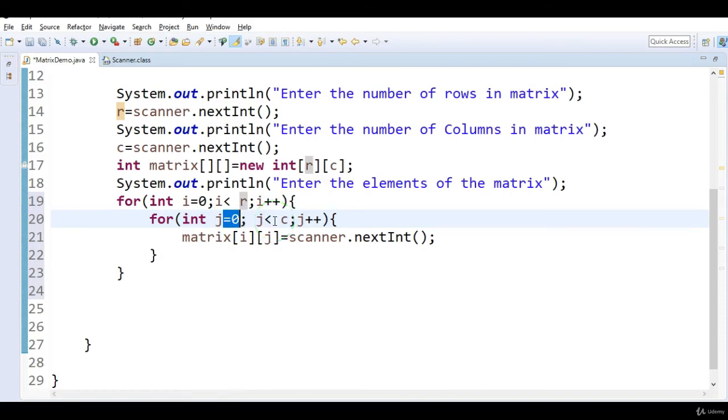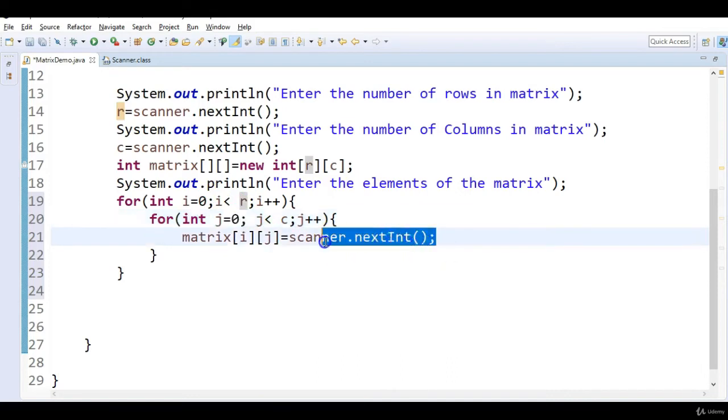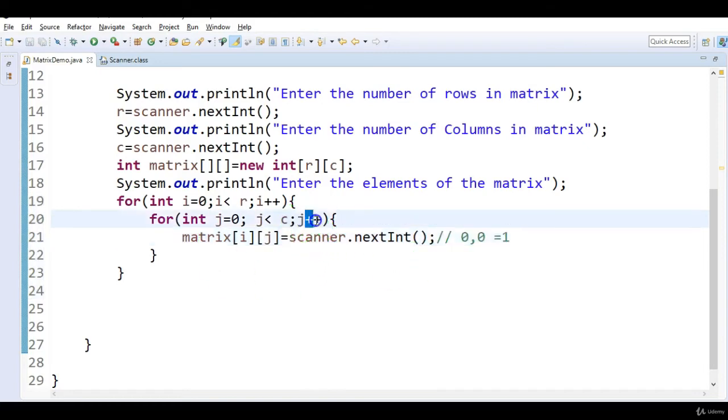Is it true? Correct. So now whatever value we are reading from the command line, we are storing at the 0,0 position. For the first iteration, at the 0,0 element, we are storing 1. And then the j value gets incremented. Now j becomes 1 in the second loop. So int j equal to 1, j less than c, that is 1 less than 2.